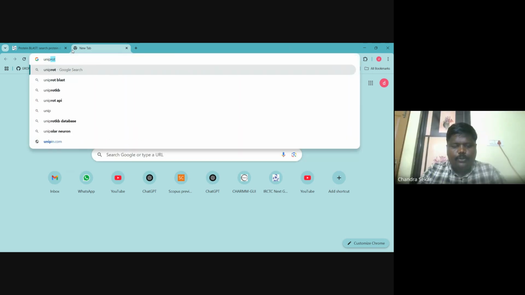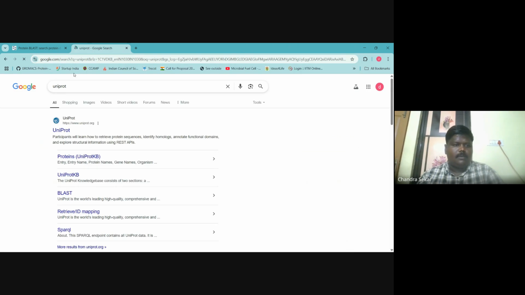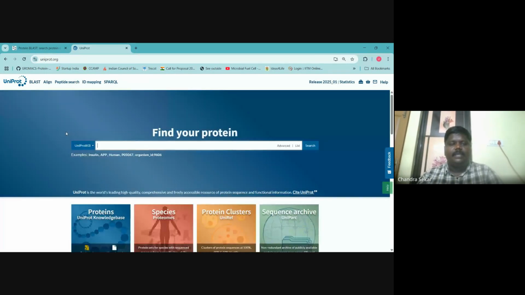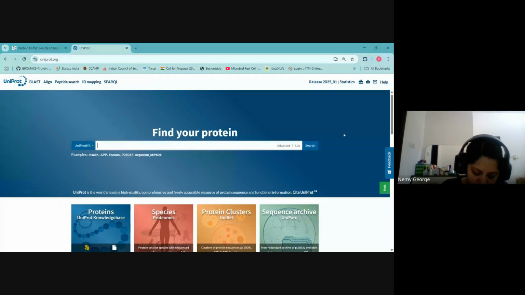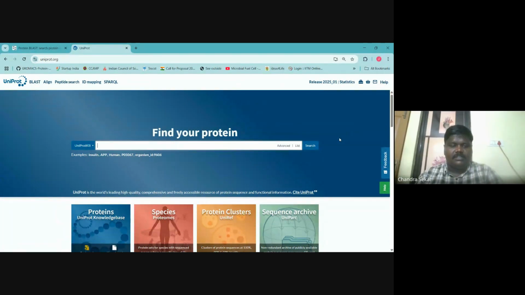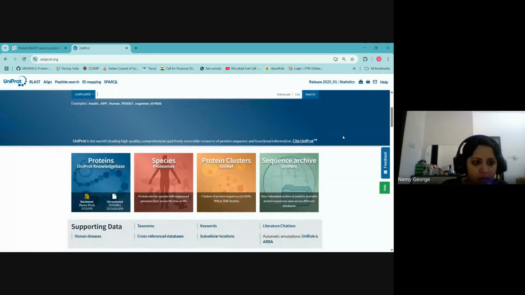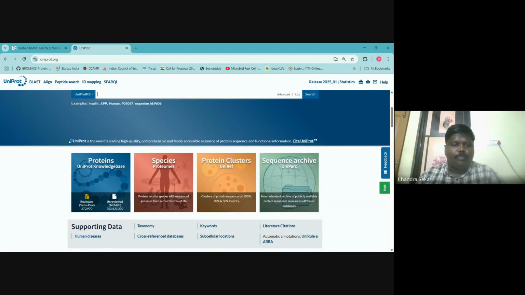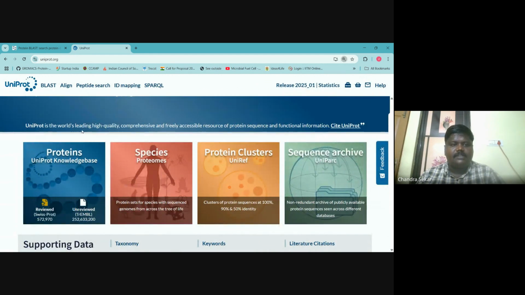So we are going back to UniProt. UniProt is the primary database. There are two types of databases: primary databases and secondary, derived databases. Primary ones have a direct connection with experimental biologists. So what is UniProt? UniProt is the world's leading, high quality, comprehensive, freely accessible resource of protein sequences.